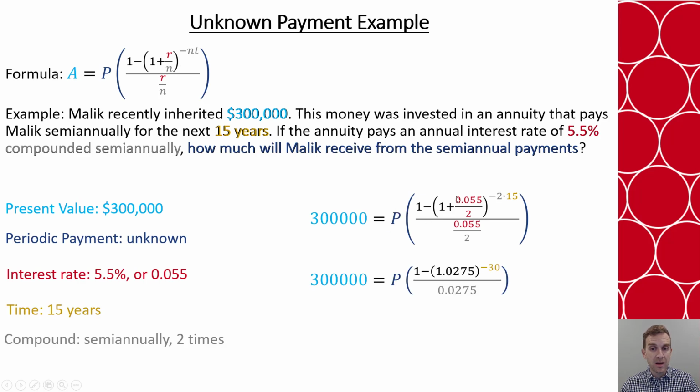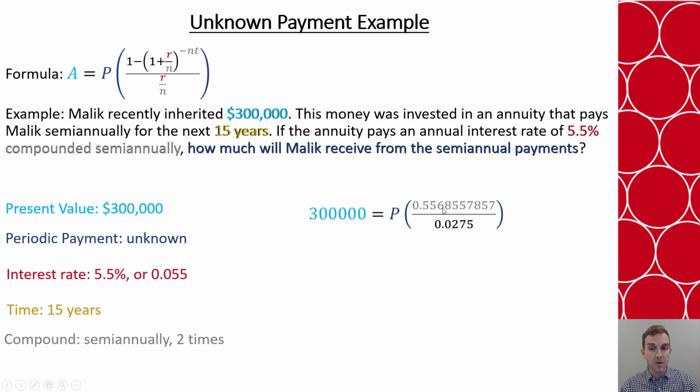I'm going to simplify my fraction as I did here and simplify my exponent. Again, now I'm going to raise to my exponent. I'm going to do the difference of my numerator. I'm going to divide that value by the denominator. And look, I'm keeping long decimals. Again, I can use that answer key on my calculator to help me. Then I can say I've got